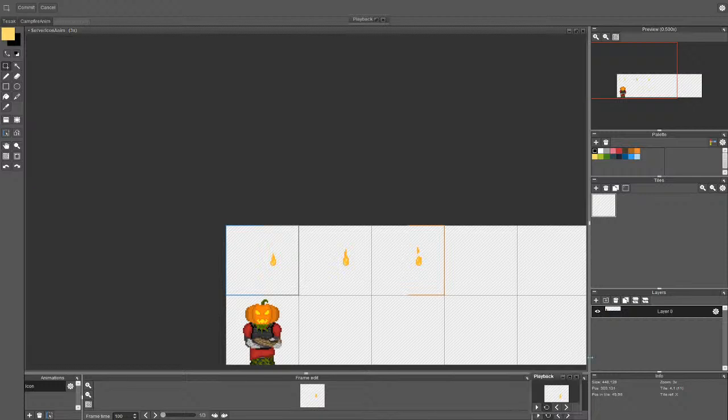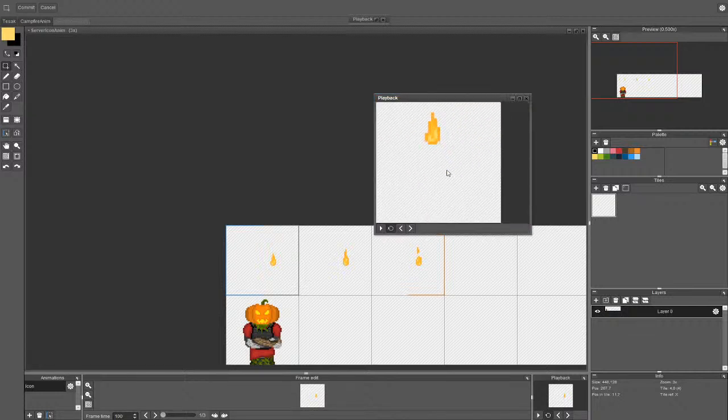What about now? I hope that you can see the animation. Now it looks better. Too short, but definitely better.